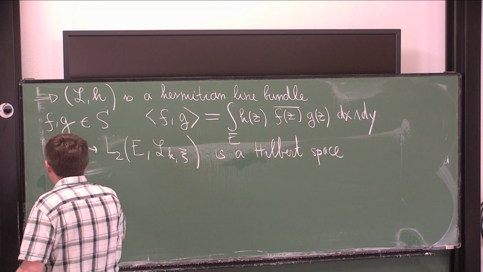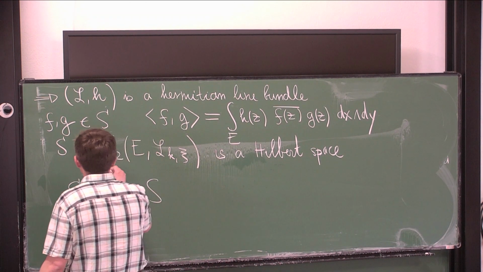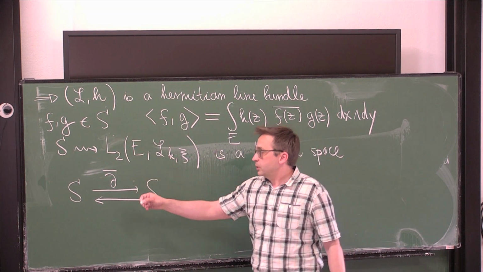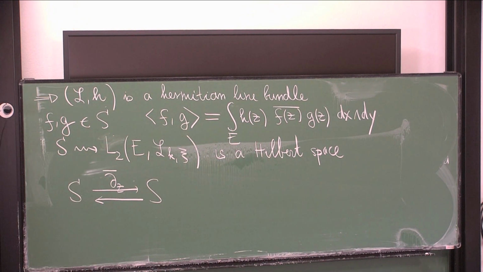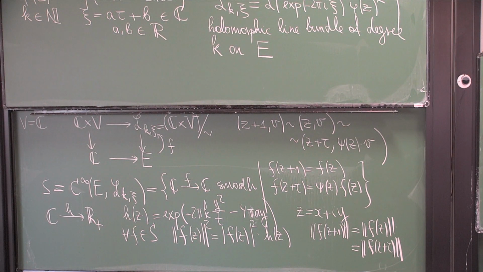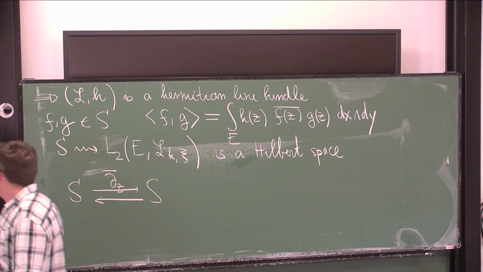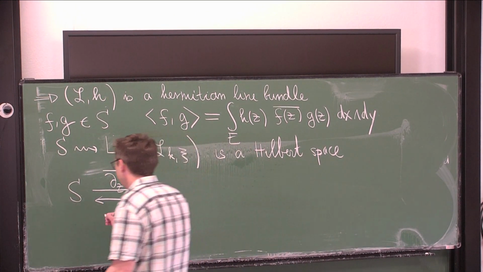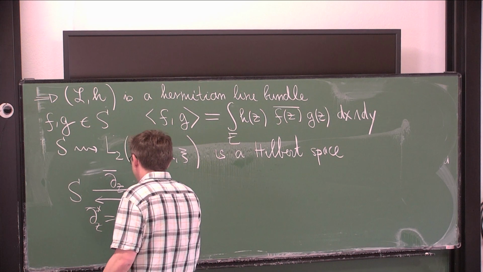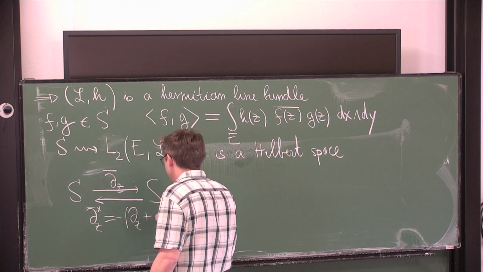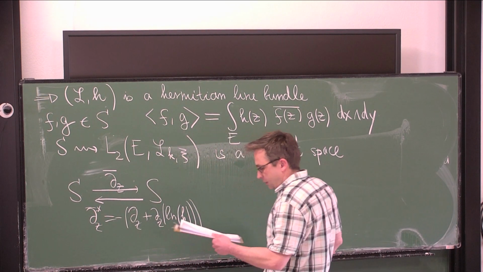Well, next, one can see immediately that we have an operator acting from S to S. So since my factor of automorphy is holomorphic, taking the d bar differential operator preserves both conditions. And this operator also admits an adjoint, so it's a pleasant computation. The exact form of the adjoint actually does not matter. And